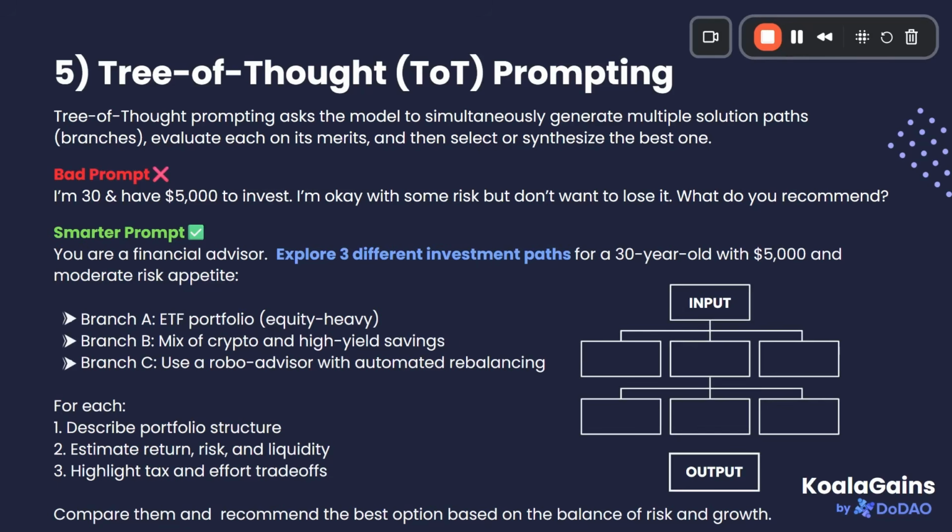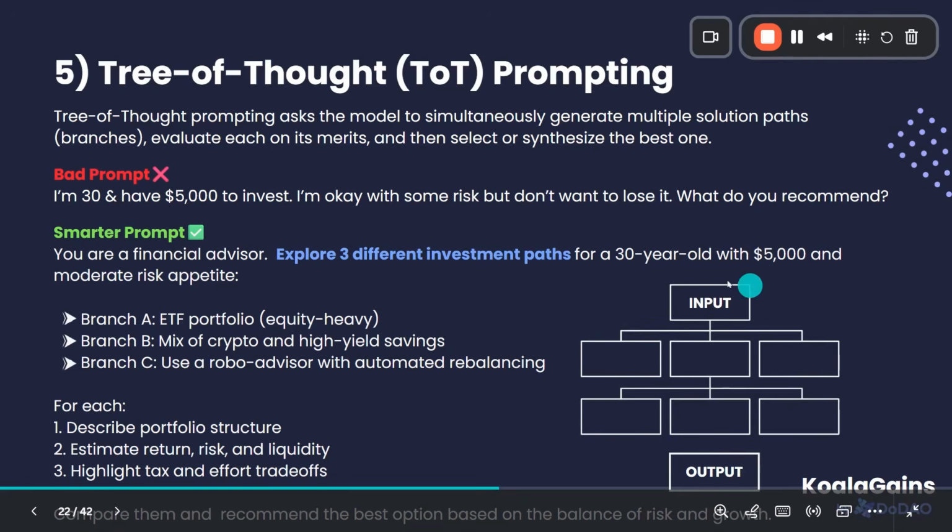Do you remember in one of our last videos we went through a concept called chain of thought prompting? In chain of thought prompting, we asked AI to think in a step-by-step manner in a chain-like format. Tree of thought prompting is quite similar, but instead of thinking in one chain, it thinks in multiple chains. The figure over here represents the concept of tree of thought.